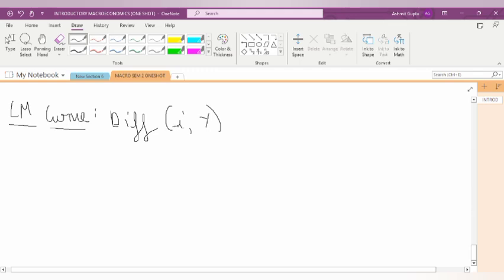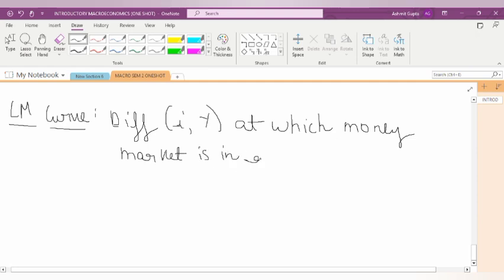Now the LM curve gives us different combinations of I and Y, again interest rate and output. The LM curve shows different combinations of interest rate and income at which the money market is in equilibrium. For the money market to be in equilibrium, we need money demand and money supply. Now our money demand, the equation